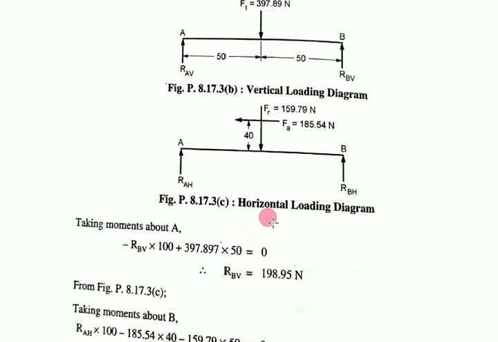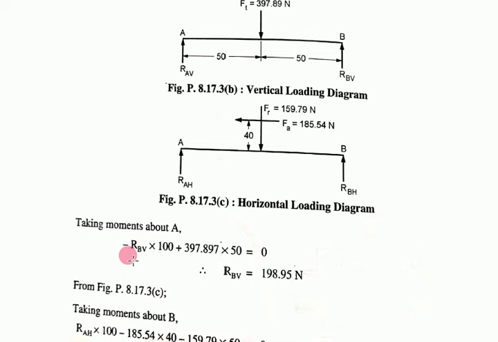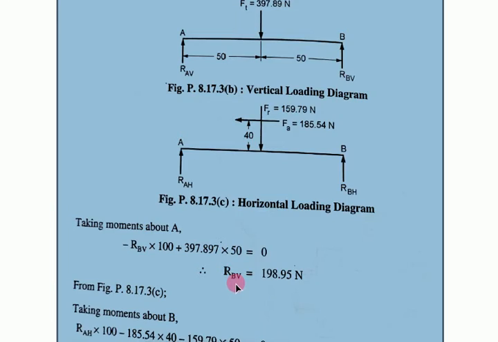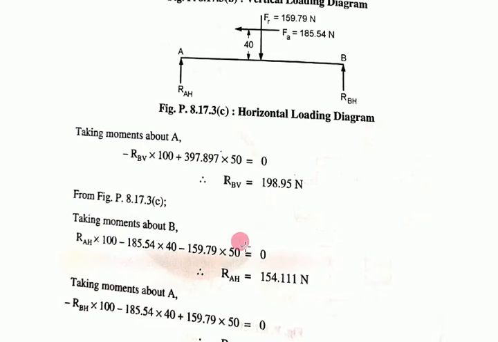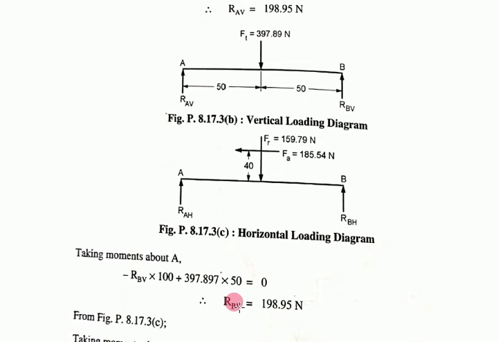Okay, so first we have to find, taking moment about A for the vertical. If we take moment about A, then this is anti-clockwise and this is clockwise. Okay, sorry, in this way Ft is clockwise and R_B is anti-clockwise. So anti-clockwise we consider as negative and clockwise we consider as positive. So force into distance, in this way we can find out R_BV. Okay, so after finding R_BV, again taking moment about B, vice versa here, we find R_AV.